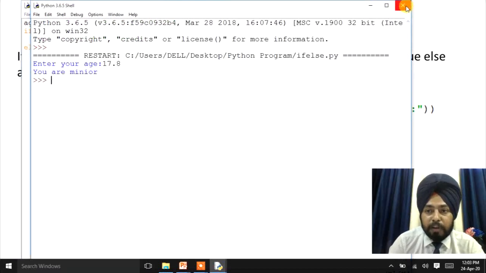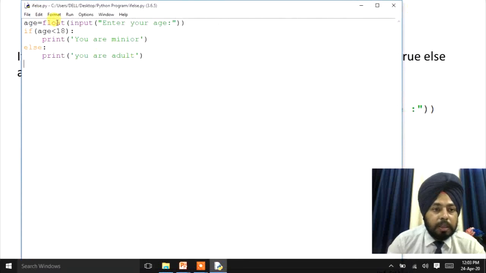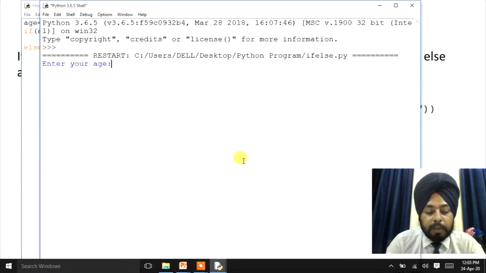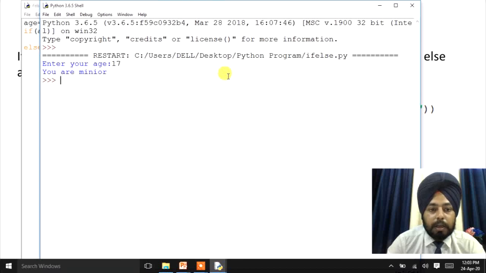And one more example is here, this data type. This data type I have used to take decimal numbers as input. For example, if I use the integer data type here, then I run the program directly. Then it will take only numbers like 17, right? And it is showing you are minor.